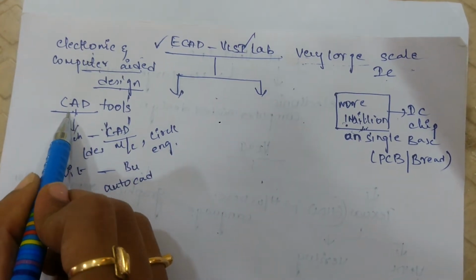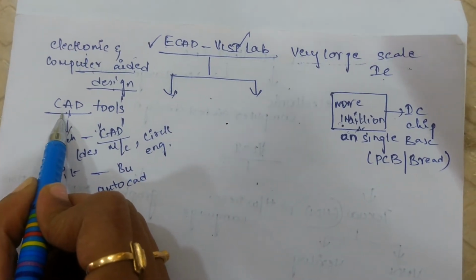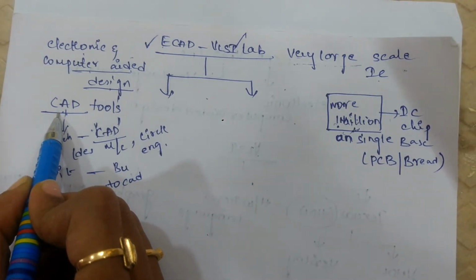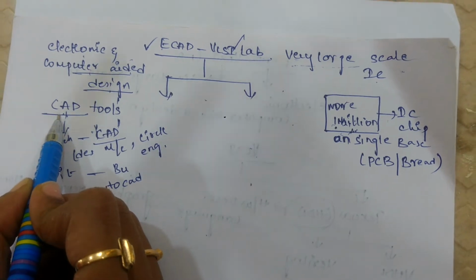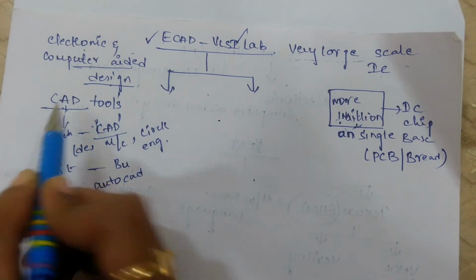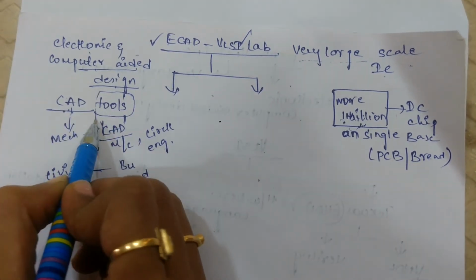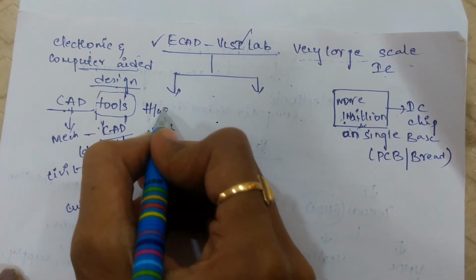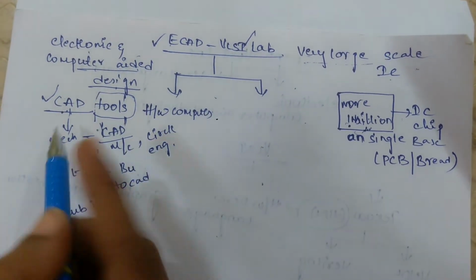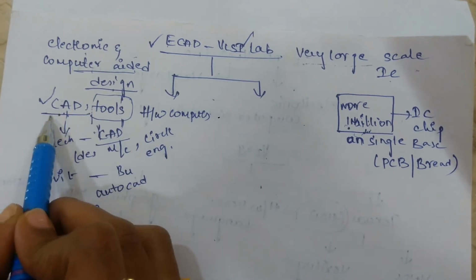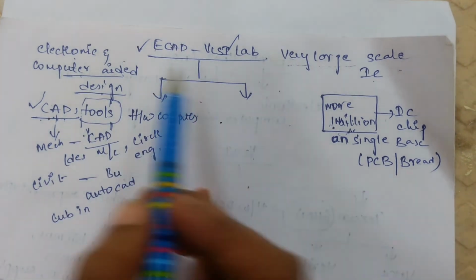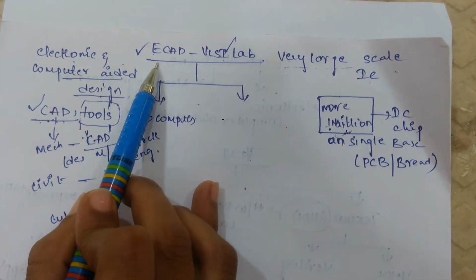So a CAD tool is defined as follows: different components or structures that have multiple functionality features get put together, designed, programmed and tested with the help of a software tool. Hardware components designed with the help of a software tool is known as a CAD tool, which stands for computer aided design tool. Now this is the general introduction of your VLSI and ECAD.